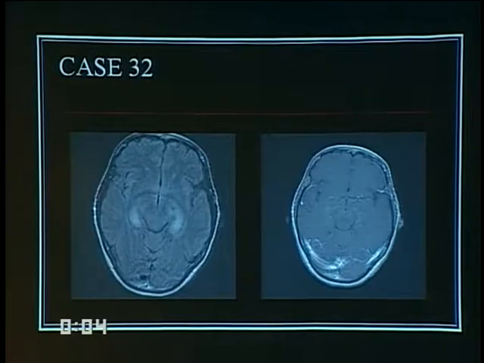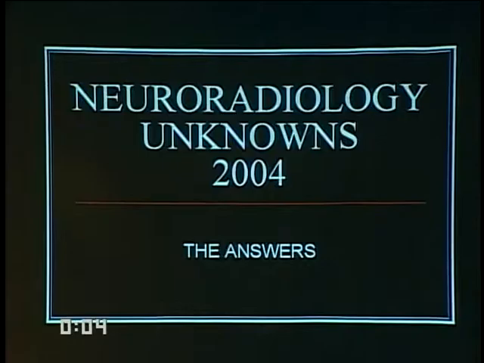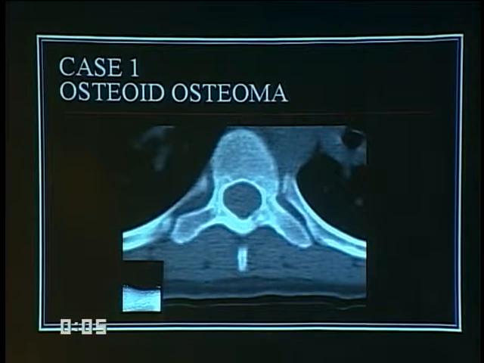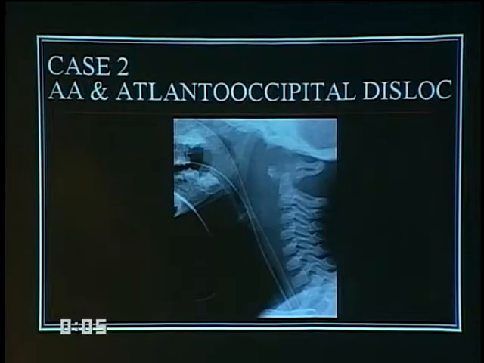All right, I think that is the last case. So now the answers. This is an axial CT image with, in the left lamina, a very dense lesion surrounded by lucency. What's the answer? I guess